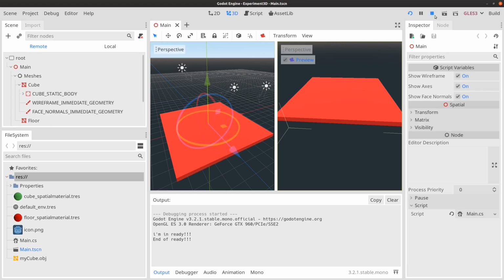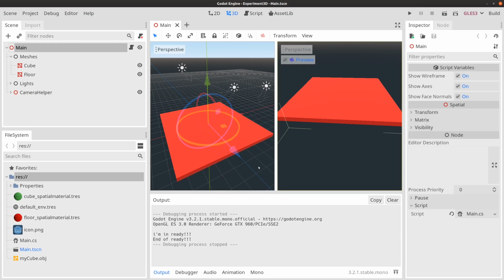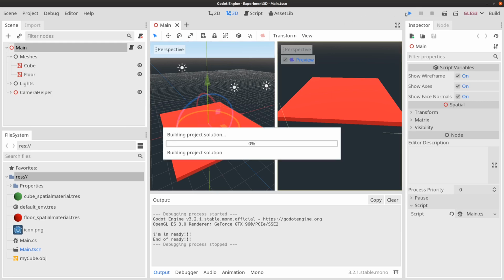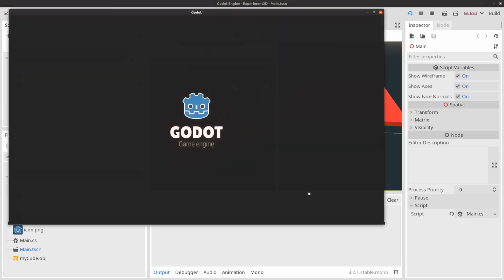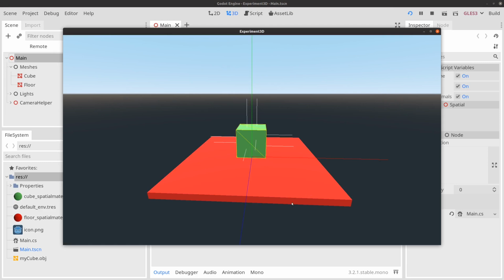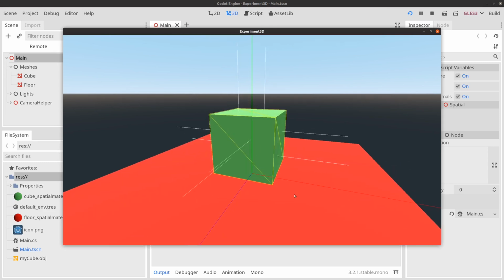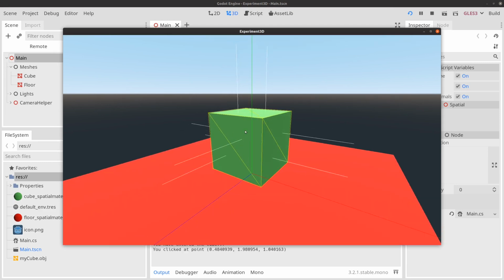Okay, so what we want to do here, let me just run the game again. So what we want to do here is set this up so that when we, let's say, click on this face, it's going to highlight this triangle in a different color, and that way we'll know it's selected. And we're going to do that with an immediate geometry. So because of that, why don't we